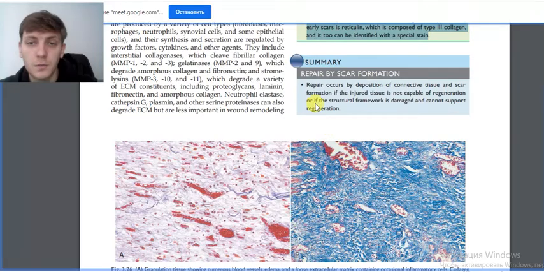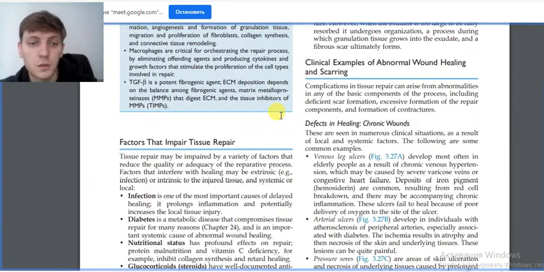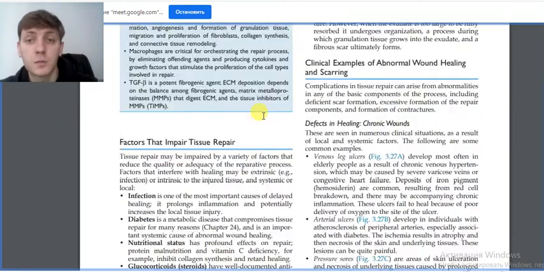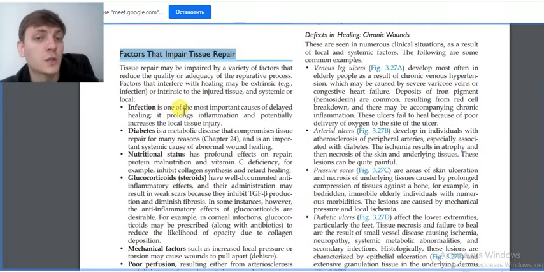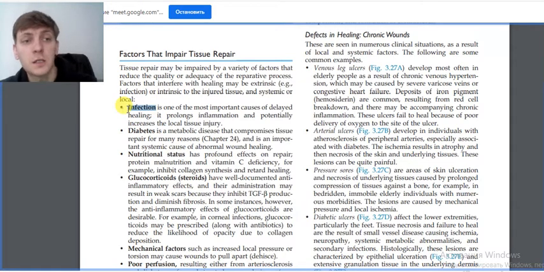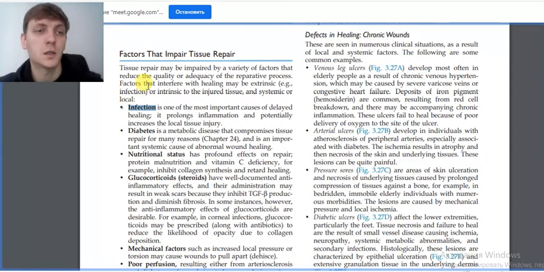Okay, what else? The last point which we need to talk about is factors that impair tissue repair. So get ready to answer this in practical classes. So what impairs tissue repair? It might be infection. Infection promotes the acute phase of inflammation, and in the acute phase the macrophages are activated in the first way, so the classical pathway, and of course the secondary, alternative pathway